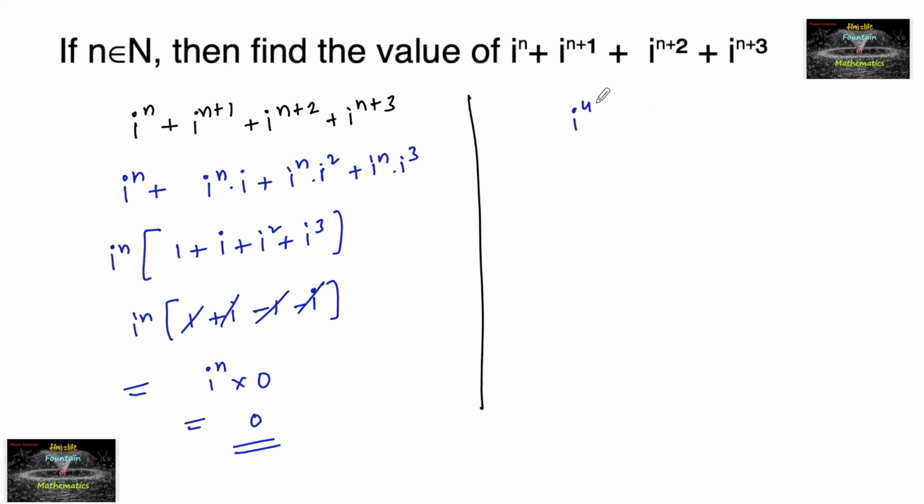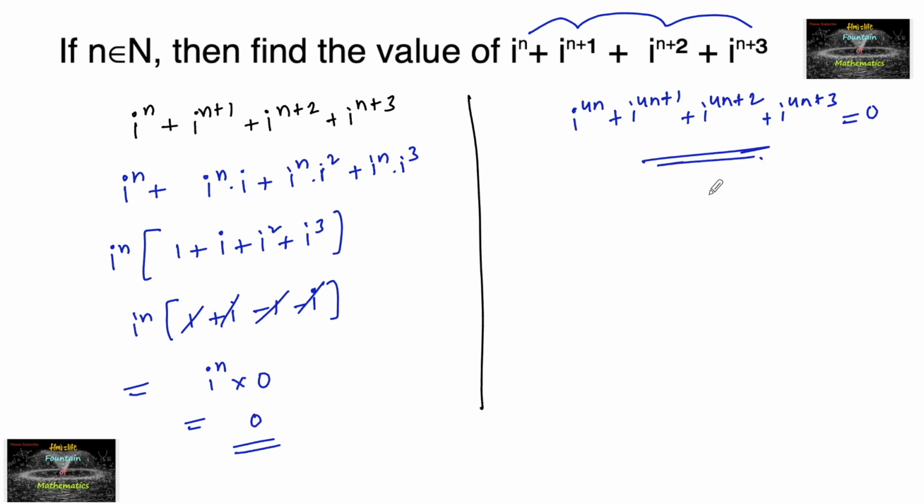since we know i^(4n) + i^(4n+1) + i^(4n+2) + i^(4n+3) is always equal to 0. Hence for any powers of i, four consecutive powers will be equal to 0. So here also n, n+1, n+2 and n+3 are consecutive powers, so their sum must be equal to 0. Okay, right. Thank you.